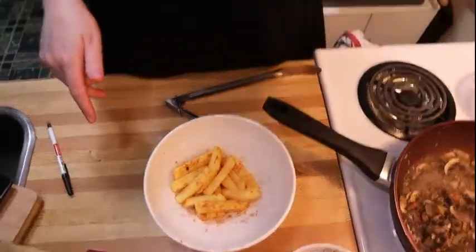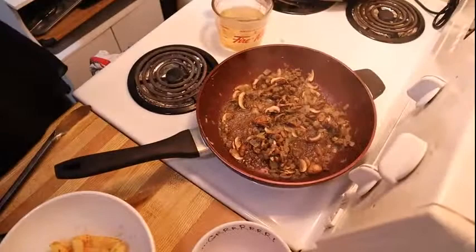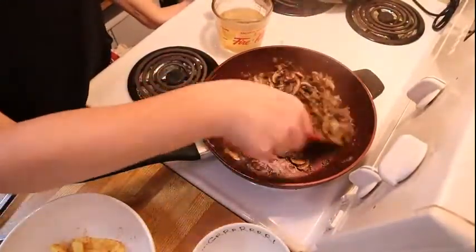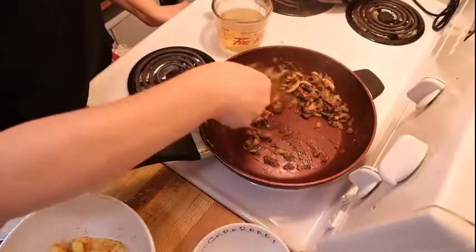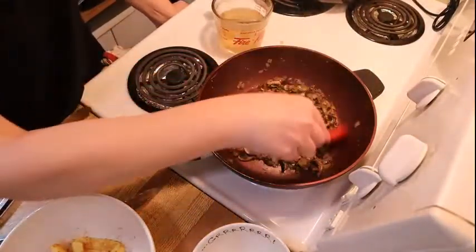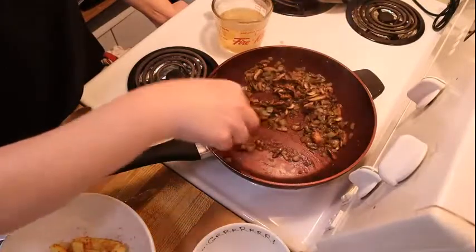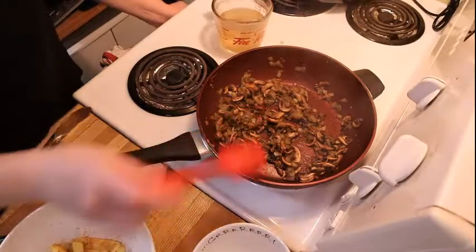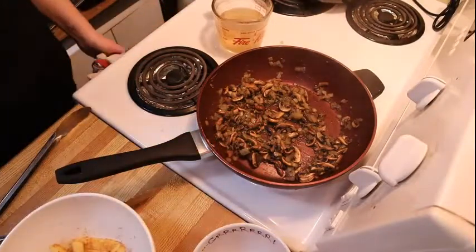So back to our gravy. You can see that the mushrooms are nice and wilted and our onions are super cooked down. They're nice and soft. I was cooking them for less than 10 minutes before I started the show. And now the mushrooms don't take very long at all. So to thicken the gravy, I'm going to actually use,